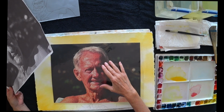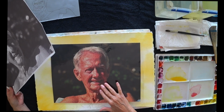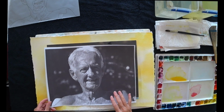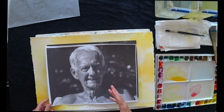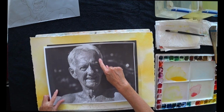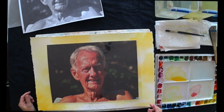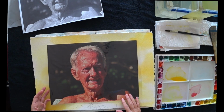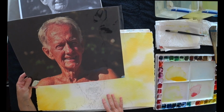The tonal changes are also easy to see on here, but if you're struggling to understand tonal changes in your photo, sometimes it's a good idea to work with a black and white photo. Then you're not confused by colour. You can see quite clearly tonal changes here. I've actually painted quite a few paintings in colour from a black and white photograph just by using the tonal values. But for now, what we're going to do is wet our paper again,